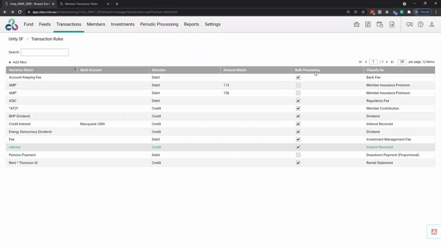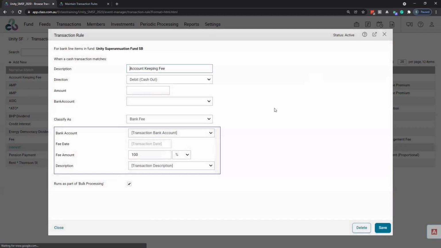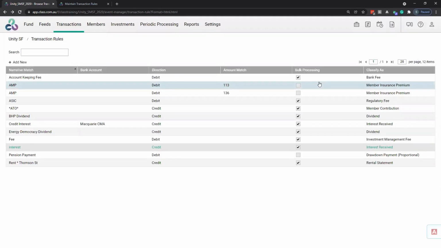Bulk processing, if you tick this box, this will make sure that every night the system goes and runs the transaction rules automatically. So that's this box down below. By default, it will be ticked. The majority of transaction rules should be set to bulk processing, but there are some examples where you may not want to set bulk processing.